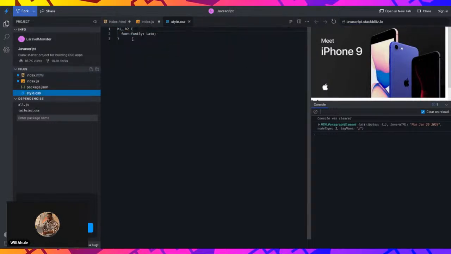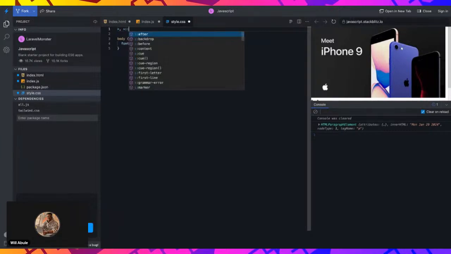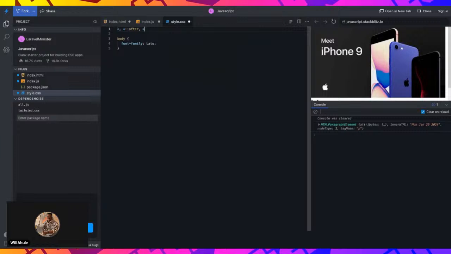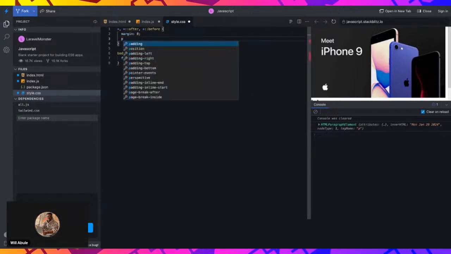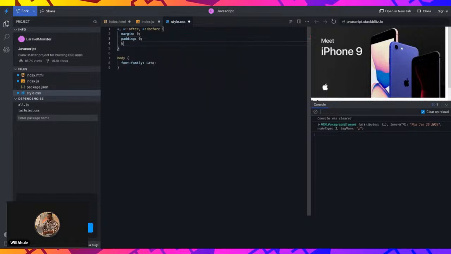So first things first, I'm going to change this thing to just body to apply to all fonts, right? So I'll just say body. Right, so let's do just some basic CSS. So star, colon after, star, colon before, and we'll say the margin should be 0, the padding should be 0, the box sizing,